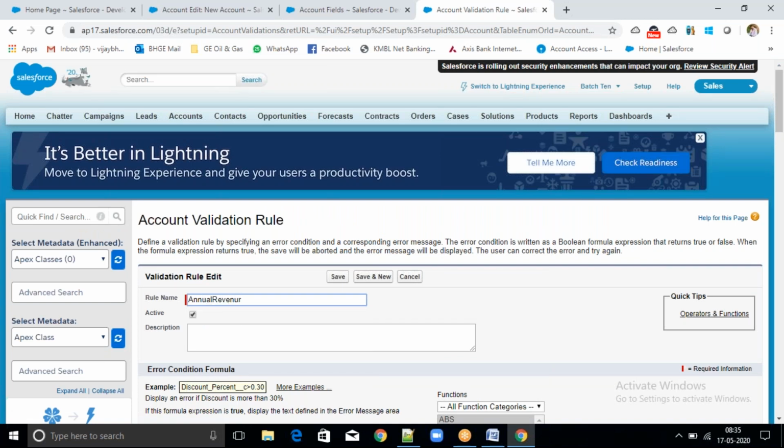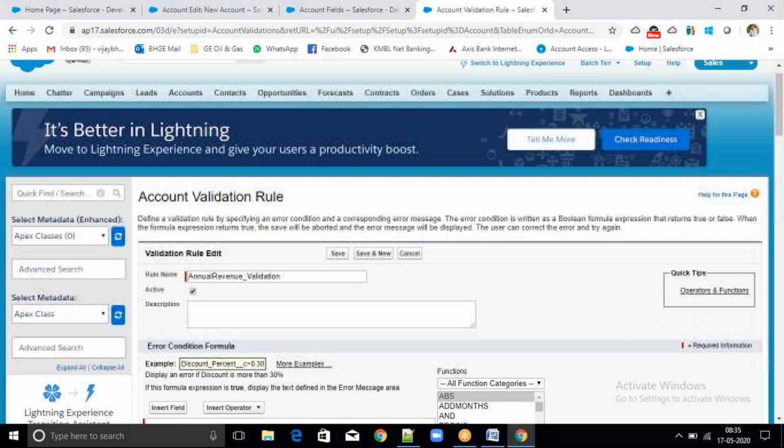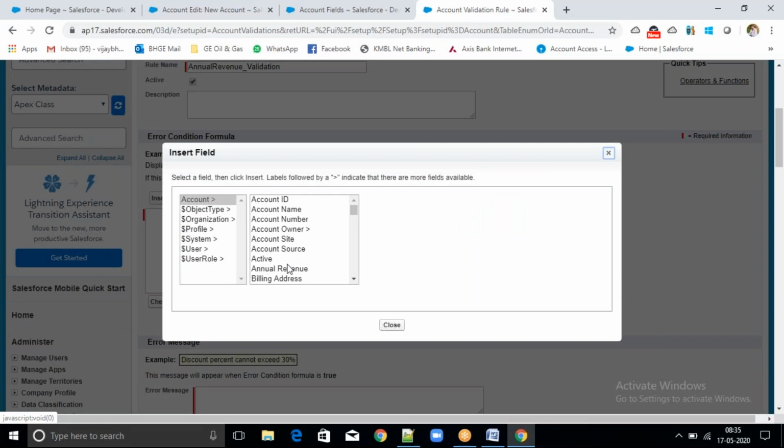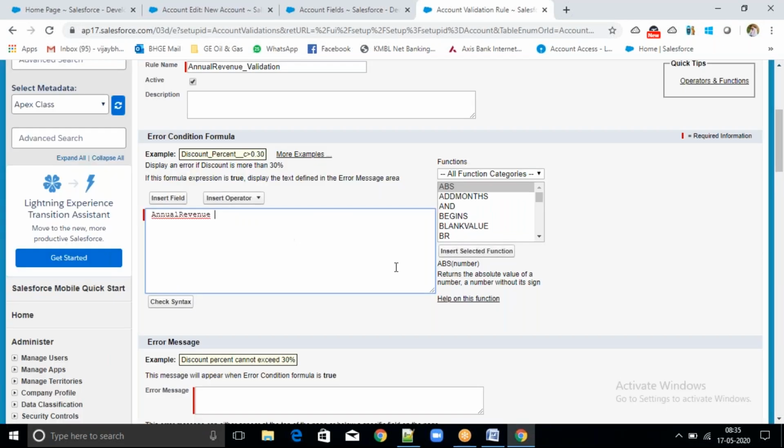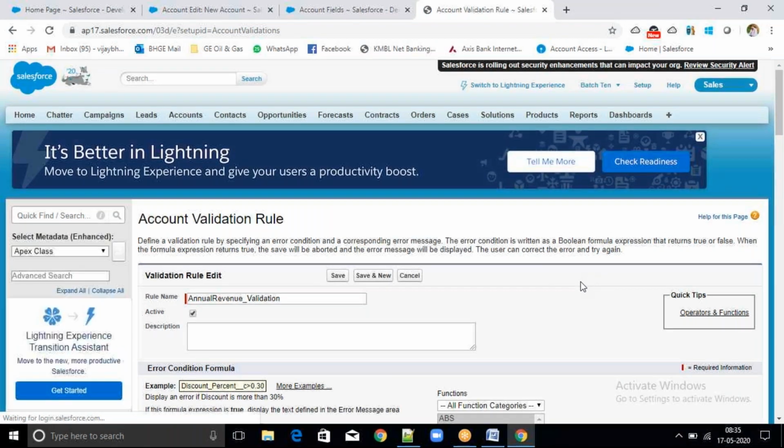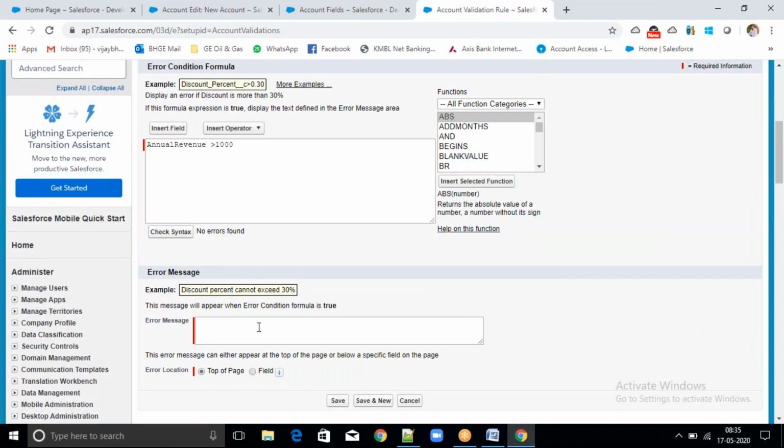Annual revenue validation. Now it's currency, right? Click on insert. Annual revenue is greater than 1000. Then I want to throw an error. Let's check the syntax. No errors.